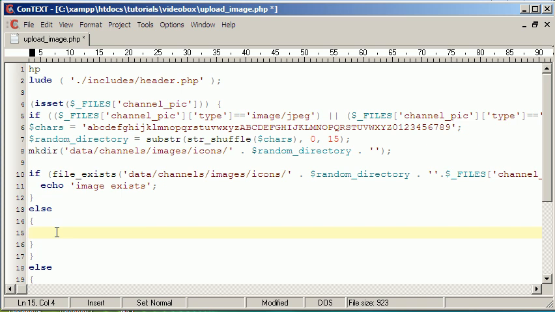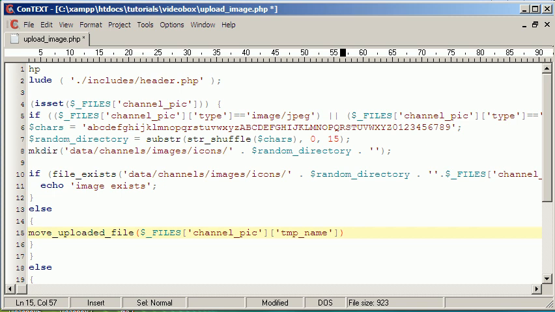So move_uploaded_file, and then we say $_FILES channel pick temp name, and then here